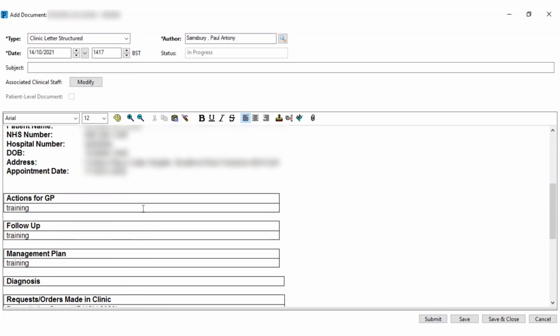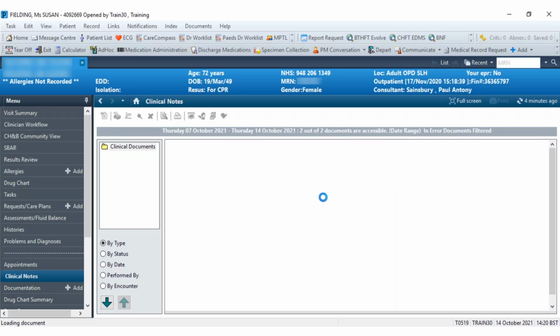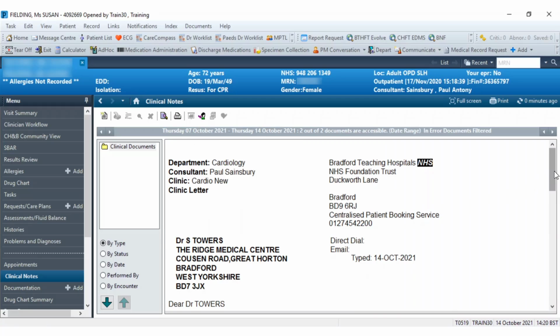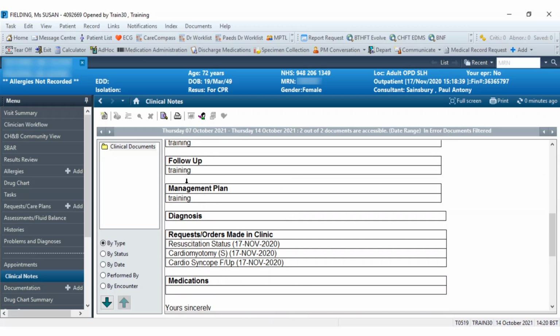Now, once you are finished with your clinic letter, you will simply select the submit button. Never use save or save and close, as this will mean no one will be able to view this particular clinic letter, only yourself. So I will always use the submit button, and you can preview the document if you wish to do so. And you can see the completed clinic letter here. Because I have submitted this to Dr. Sainsbury for authorization,